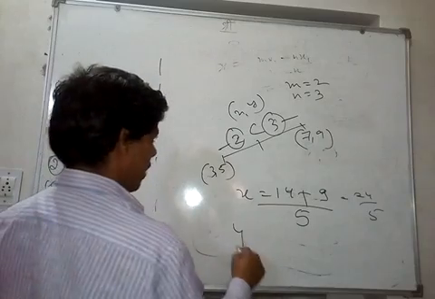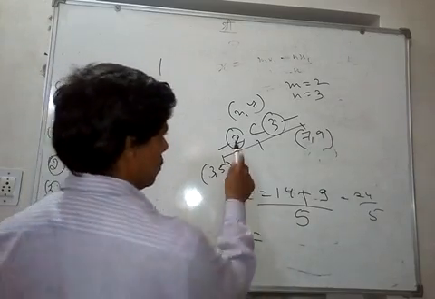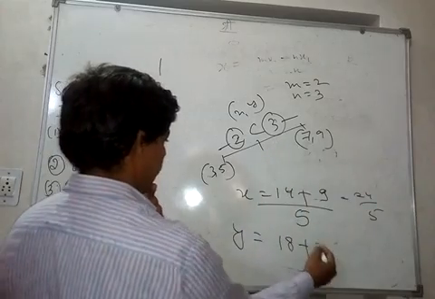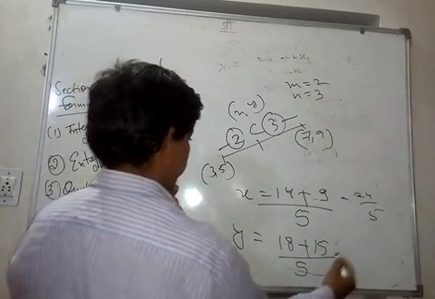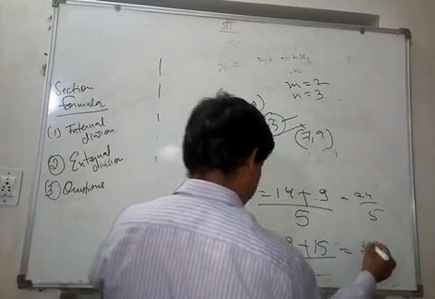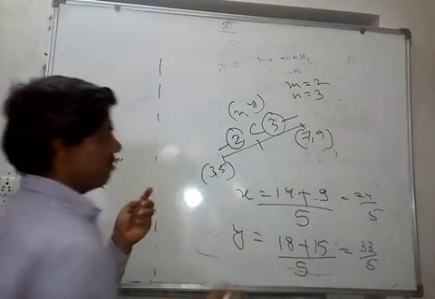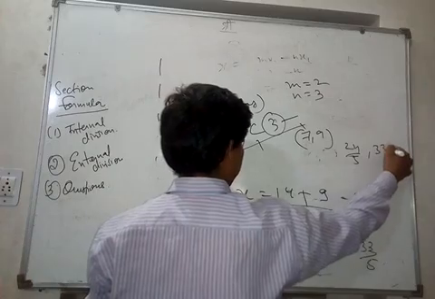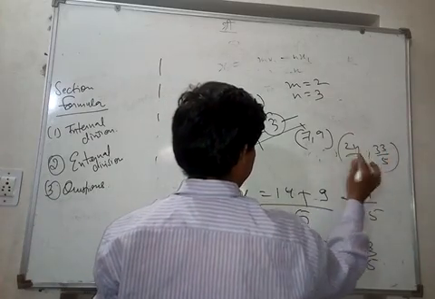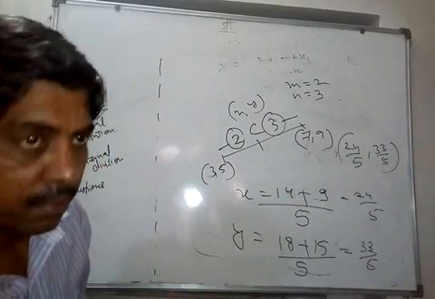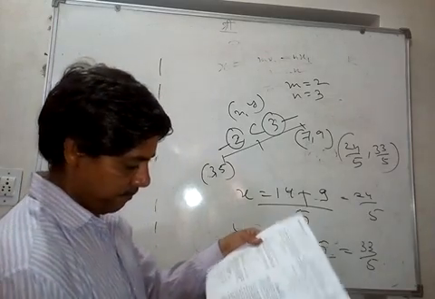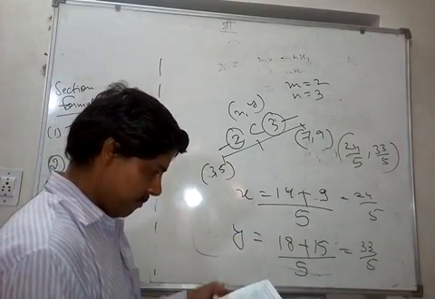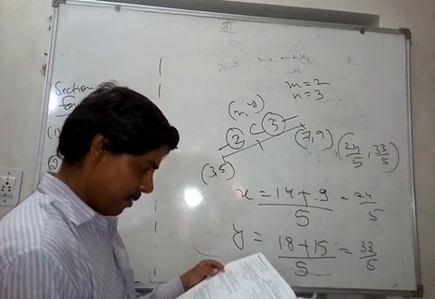Okay. For y we will write like this: 2 multiplied by 9, that is 18, plus 3 multiplied by 15, upon 5, so that is 33 upon 5. So the coordinates of point C are 24 upon 5 comma 33 upon 5. Right? This is how you do the calculation for internal division. So I hope that is very simple to understand, not at all difficult if you understand it this way, right?